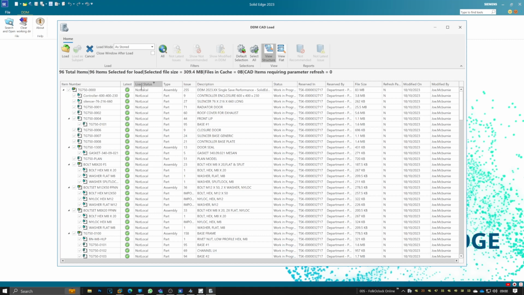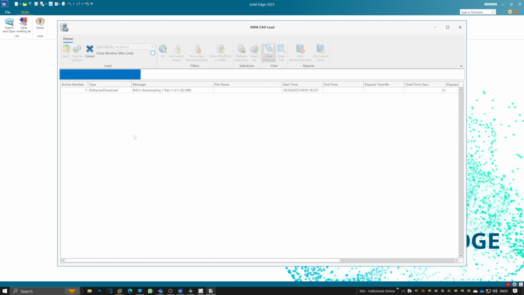We understand the load status. Do we have the files locally already? Now it's telling us that there are 96 total files to load, a total of 309 megabytes, and we do not have any files currently in the cache. So this is the first load from the server to the client machine. There is an option here to close this window after load. I'm going to leave it on so that we can see the load summary afterwards. You will notice when I select load,